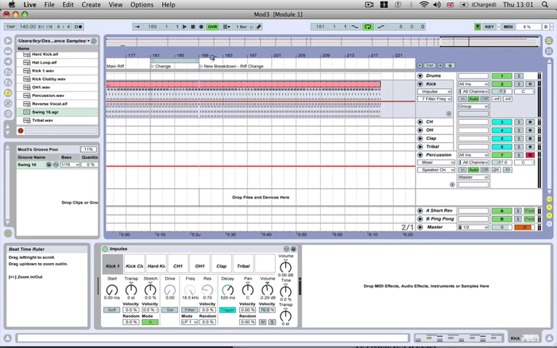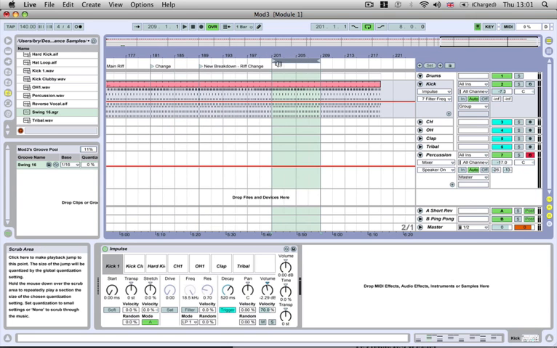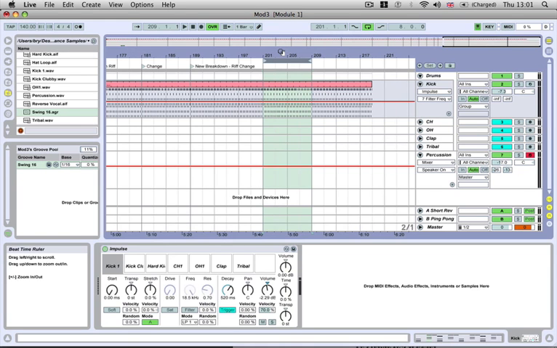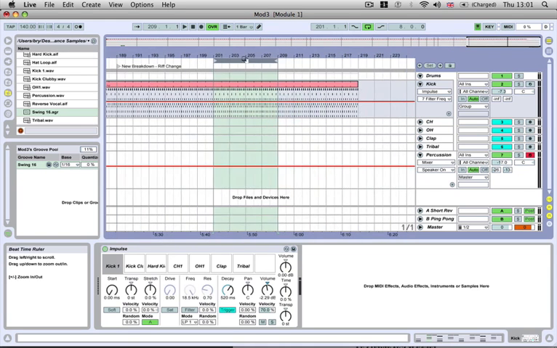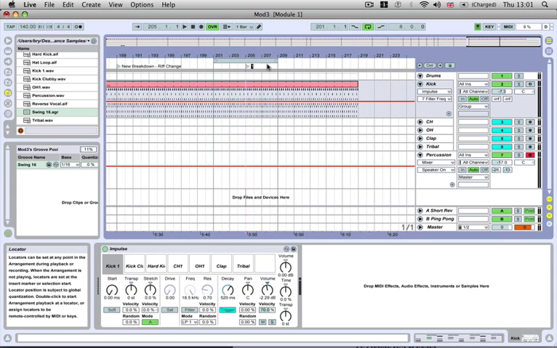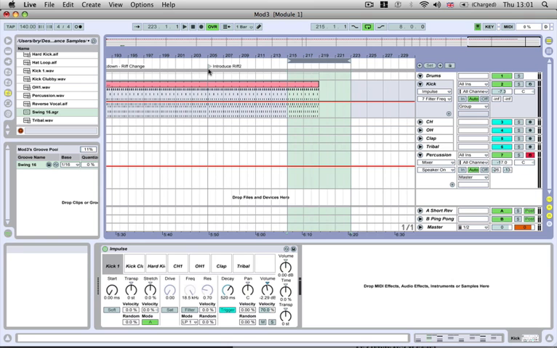So at bar 189, we'll drop into a breakdown, and we'll start to build that up, introducing a new riff into our tune. That'll be more of a driving riff. And then we'll let that continue to build right up to bar 205. And this is where we introduce the new riff. So we'll be phasing out our main riff here, right up to this point, and then we'll be able to hear our second riff coming in at this point. So at bar 205, it'll start to come in, and at bar 213,